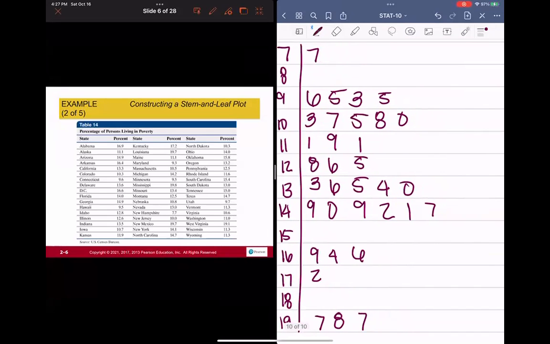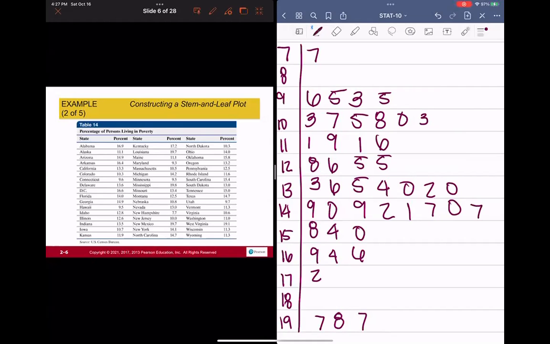Going up: 10 and 3, 14 and 0, 15 and 8, 13 and 2, 12 and 5, 11 and 6, 15 and 4, 13 and 0, 15 and 0, 14 and 7, 9 and 7, 11 and, I'm sorry, 11